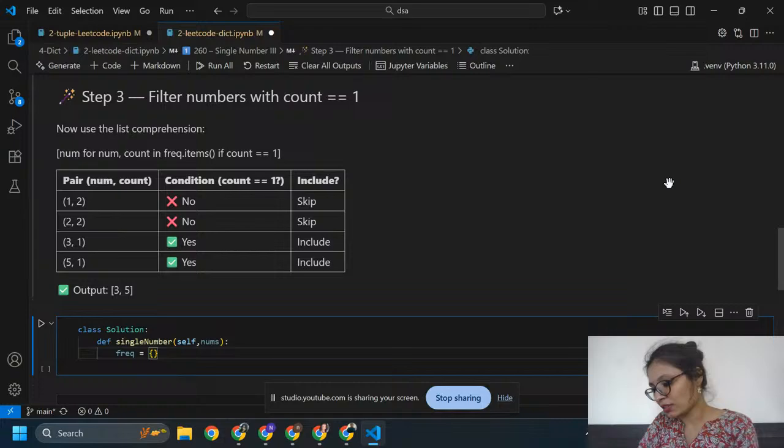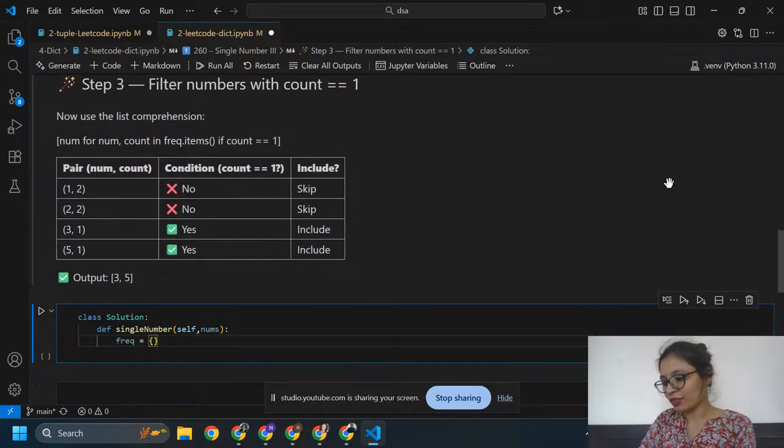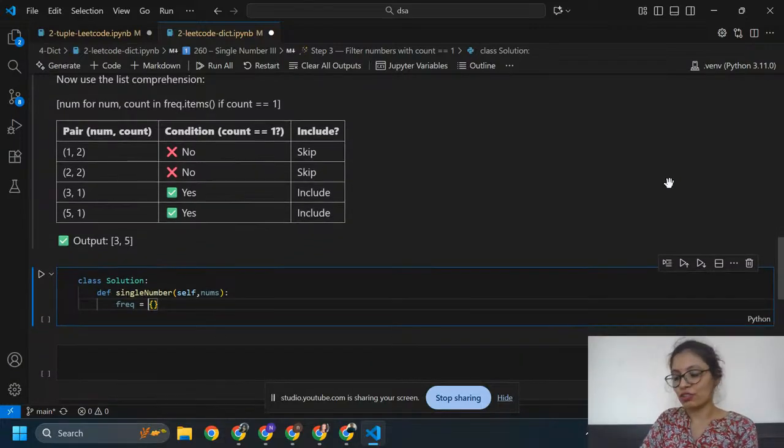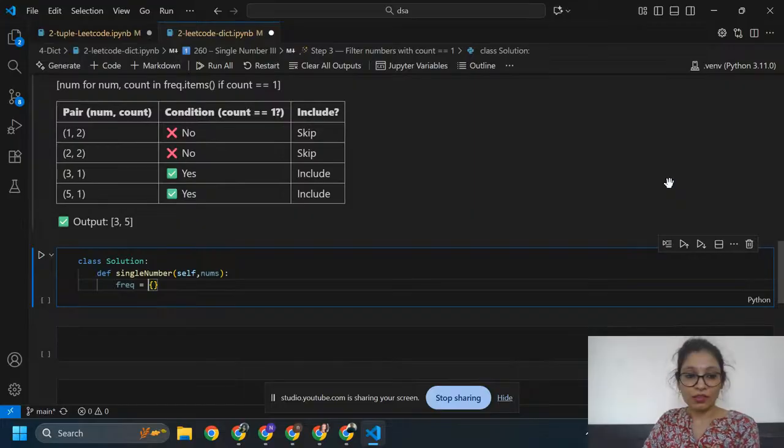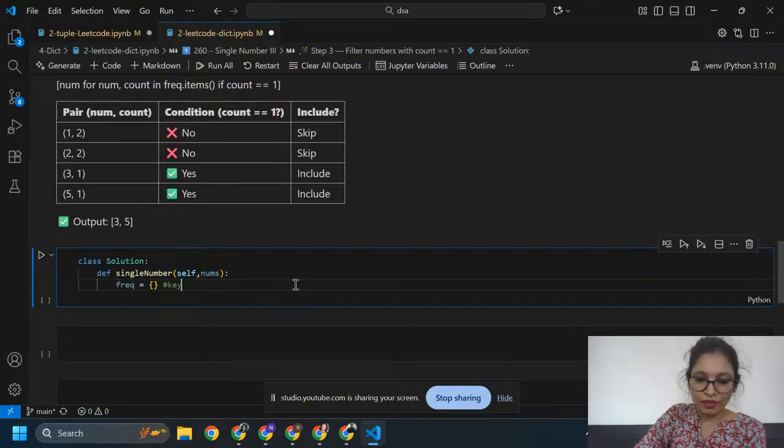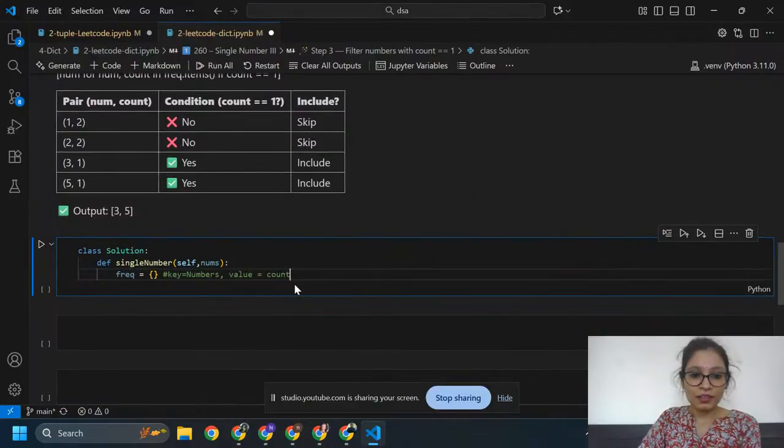And after this, create an empty dictionary. So it will store key equals to numbers. I mean we need to store key equals to numbers, and comma, value equals to count. Value equals to count. So here